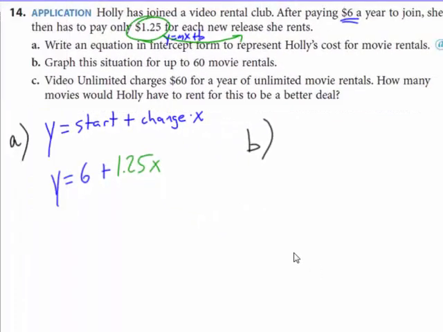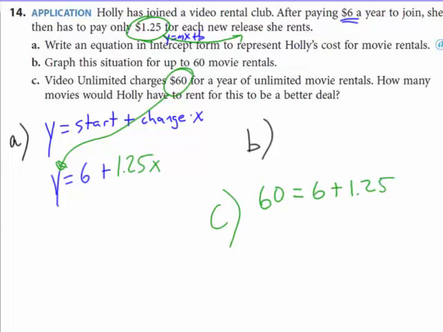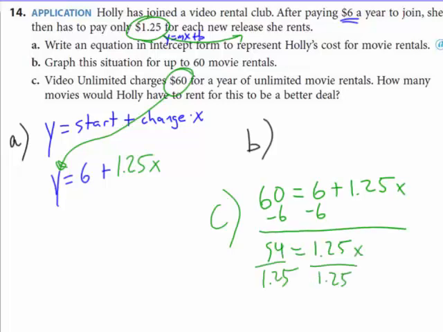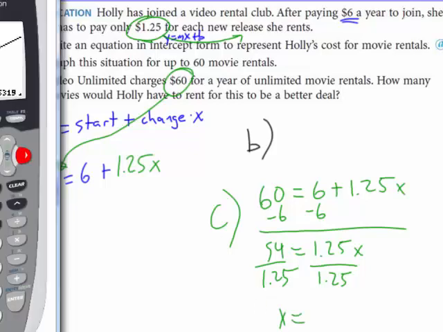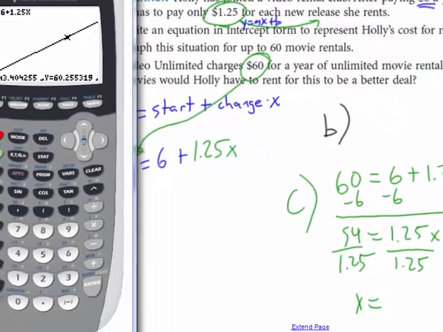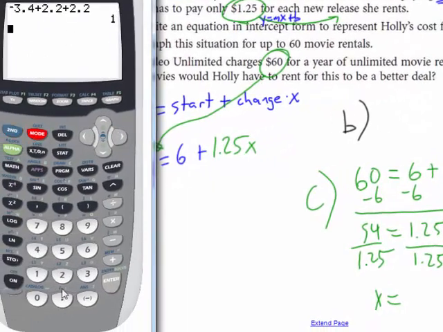Or what else could I do if I wanted to calculate it? What would I plug this 60 in for? Yeah, the total cost. So I'd go 60 equals 6 plus 1.25x, and I'd solve for x. So subtract that 6 over, and then divide by 1.25. So I get x equals, and let's see if we get the same thing here. So I'm guessing it should be about 43. So if I go back to my main screen and say 54 divided by 1.25,